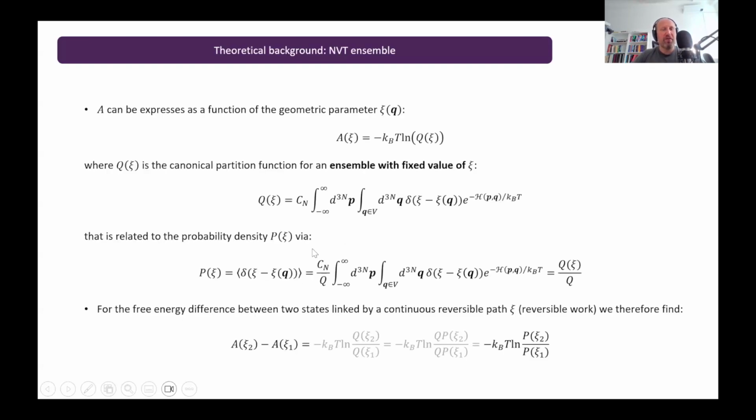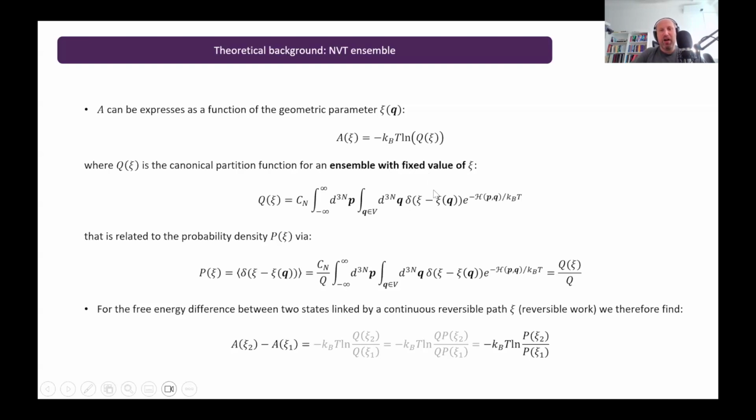Now, for our purposes, it will be useful to introduce dependence of Helmholtz free energy on some geometric parameter, call it psi. If we introduce this dependence on the left-hand side, we have to do the same also on the right-hand side of the equation. And here, Q of psi is the canonical partition function for a special ensemble of configurations with a fixed value